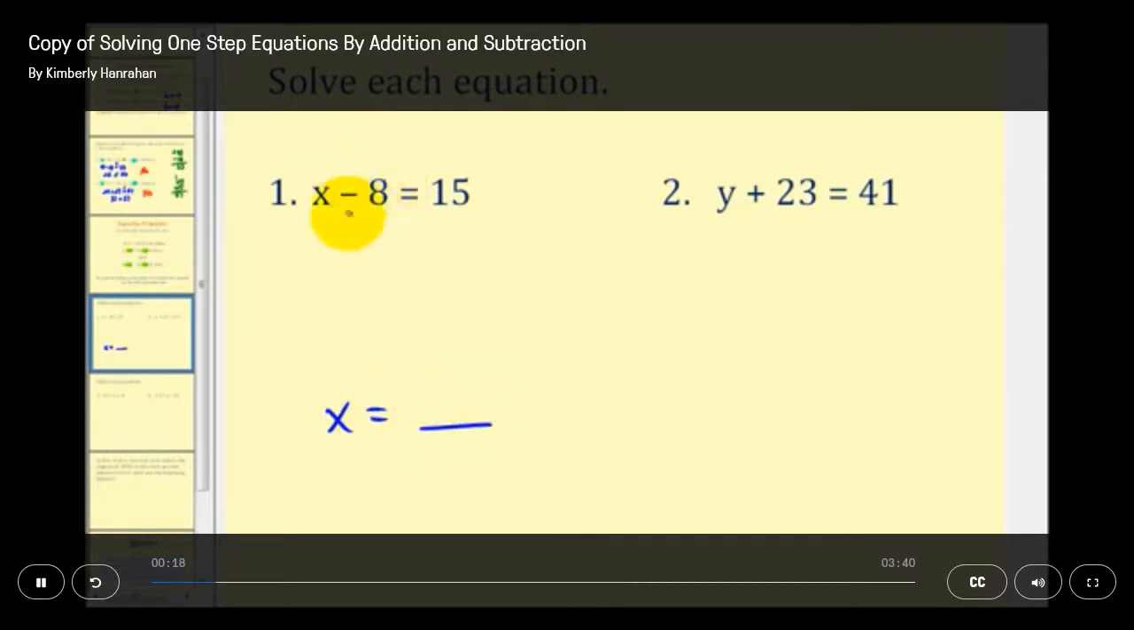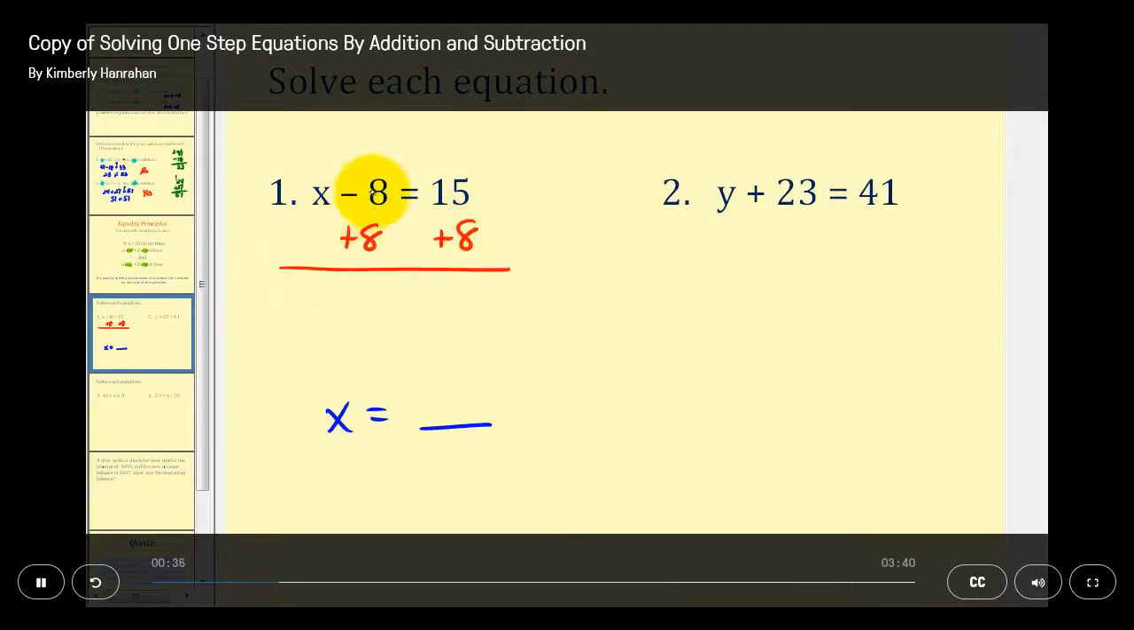So we don't want this minus 8 on the left side of the equation with the x. The way we undo this minus 8 is perform the opposite operation, which would be to add 8 on both sides of the equation. So if we add 8 on both sides of the equation, remember this maintains equality,